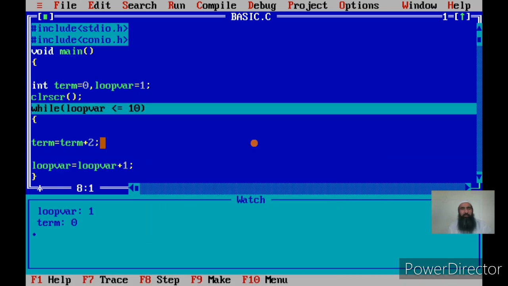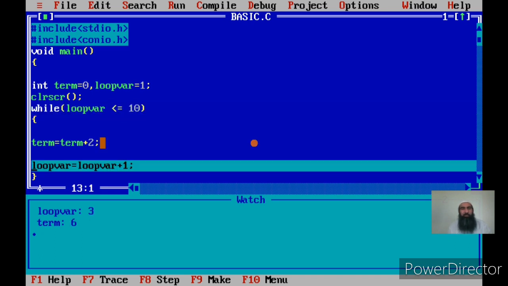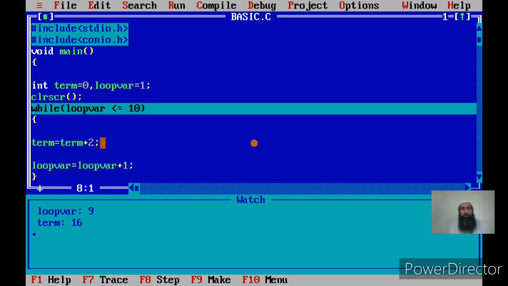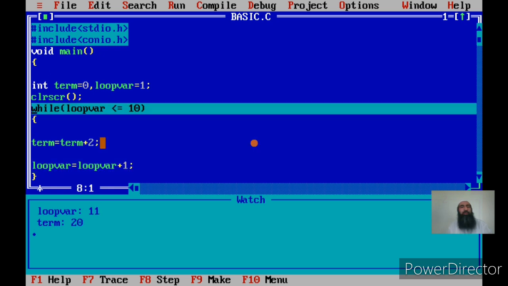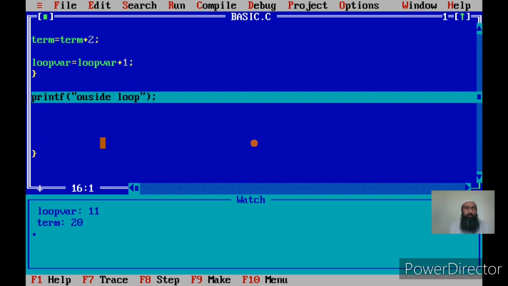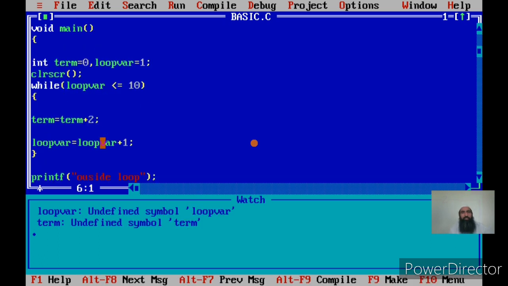Now this program will generate 10 even numbers. The same statement will be executed 10 times. See, it is generating the numbers because the condition is not getting false. Loop variable is 9, loop variable is 10, so again the condition is true. Loop variable is 11, condition is false, we move out of the loop. So how many times did we execute this loop? We have executed it 10 times. If we change the condition, we can do it 1 to n times. Simply change the constant here. This is the simplest way of using the loop.